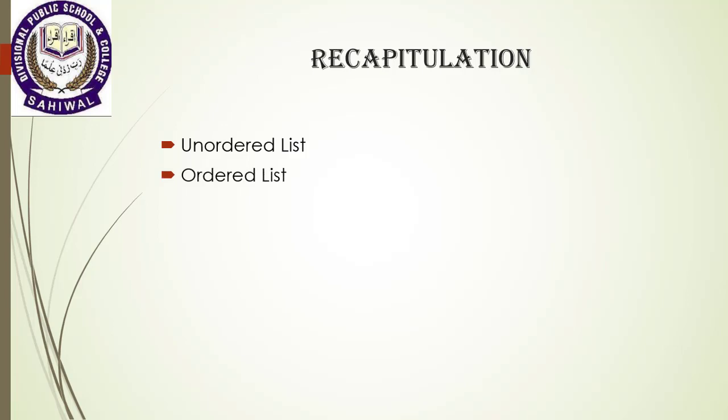Students, then we have discussed an ordered list. An ordered list is one in which the order is important, sequence is important, and the starting OL tag and closing OL tag are used to define an ordered list. And we use here numbering. We use a numbering scheme as the list style type value. Students, we can use Arabic numbers, letters and Roman numerals as the values of the list style type property in an ordered list.